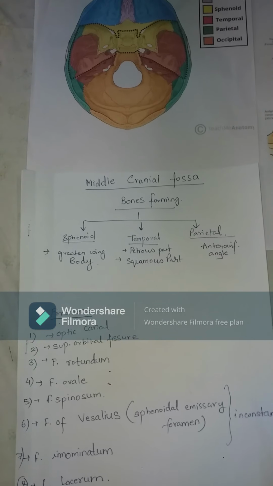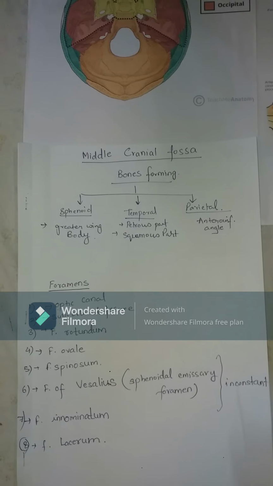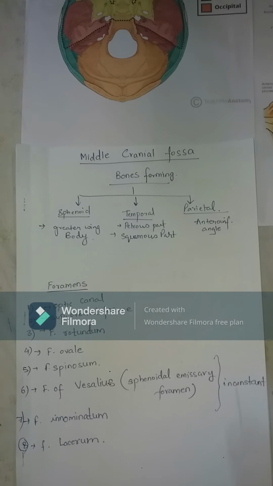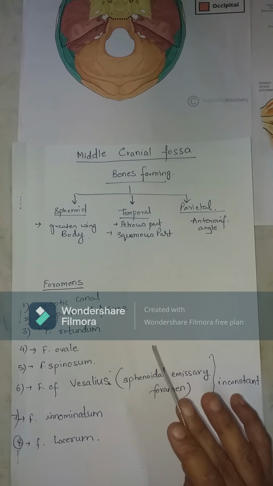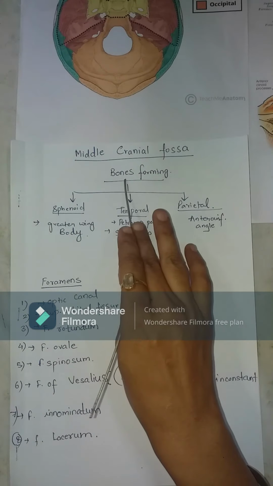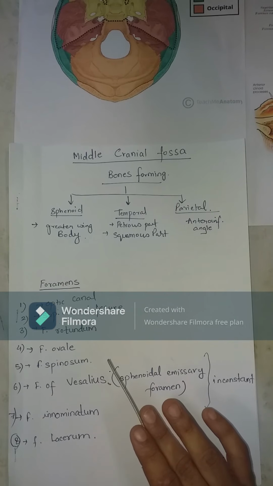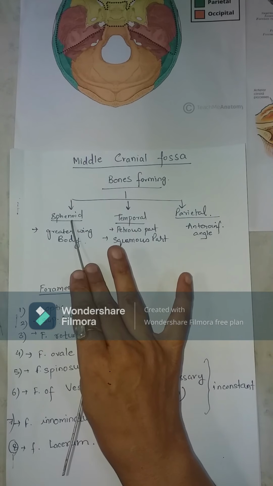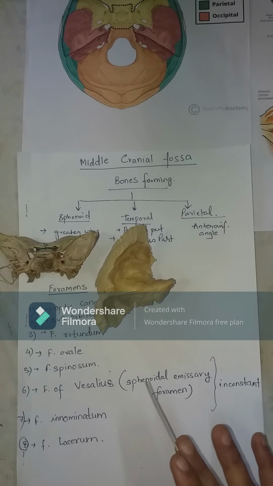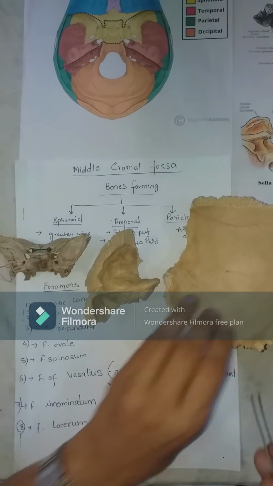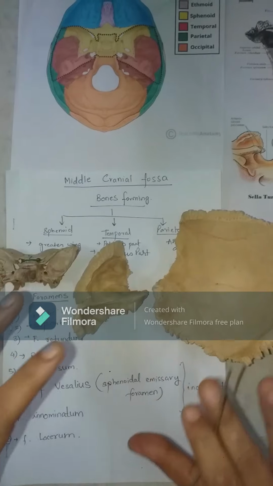Yes, hello everyone. So we proceed our journey of understanding the skull, after the anterior cranial fossa to the middle cranial fossa. So in the middle cranial fossa, what are we expected to know? We are expected to know what the bones are which form the middle cranial fossa. The bones are sphenoid, right? Temporal, right? And parietal. Okay, we will articulate them and we will form the middle cranial fossa.